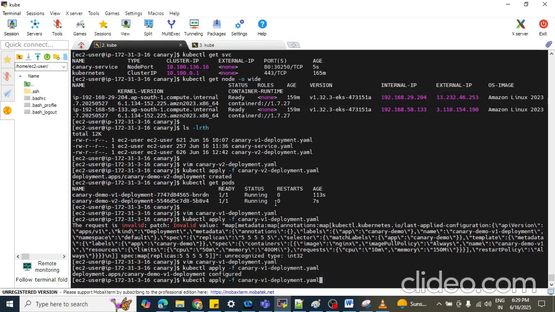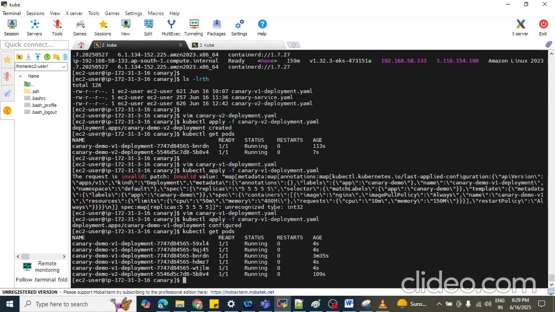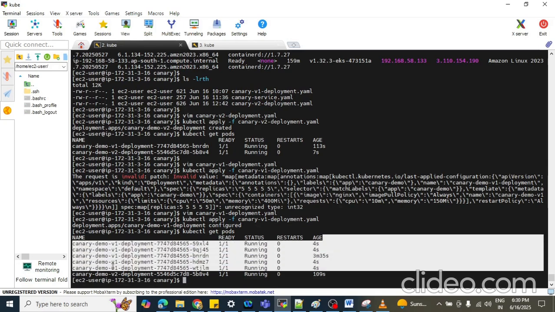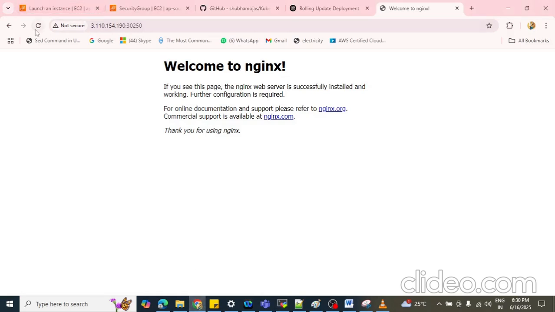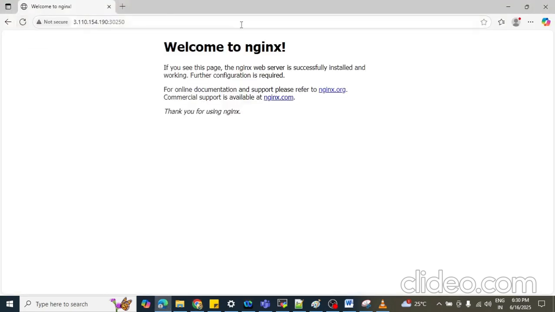Okay, how many pods will you get? 6 pods, 5 for version 1 and 1 for version 2. If you refresh this, will the request go to version 1 or version 2? Most probably it will go to version 1 because for version 1 we have more pods.